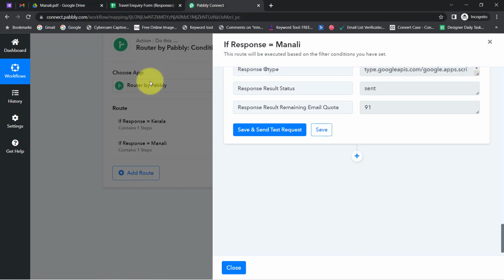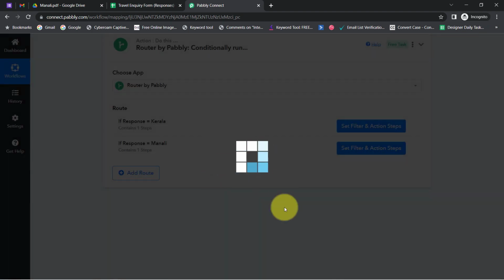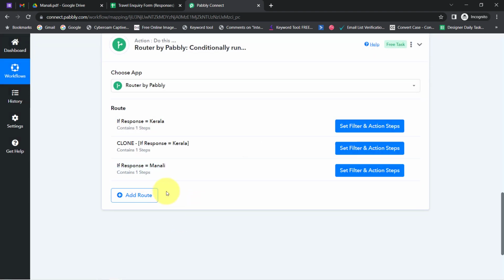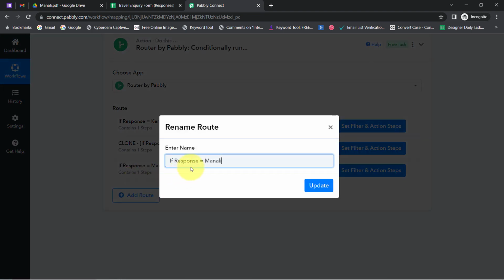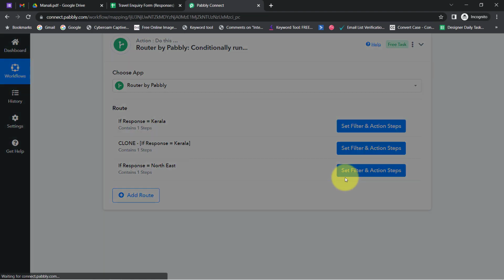Now finally I will be setting up the same condition for the last scenario, that is Northeast. So again I am going to clone the same step. Asking for the save, well, I have already saved it. And here you can notice one more step has been cloned. I'll again click on this three dot, and firstly I will rename it as Northeast. I have provided the same, clicking on update, and finally I'll click on the set filter and action step,